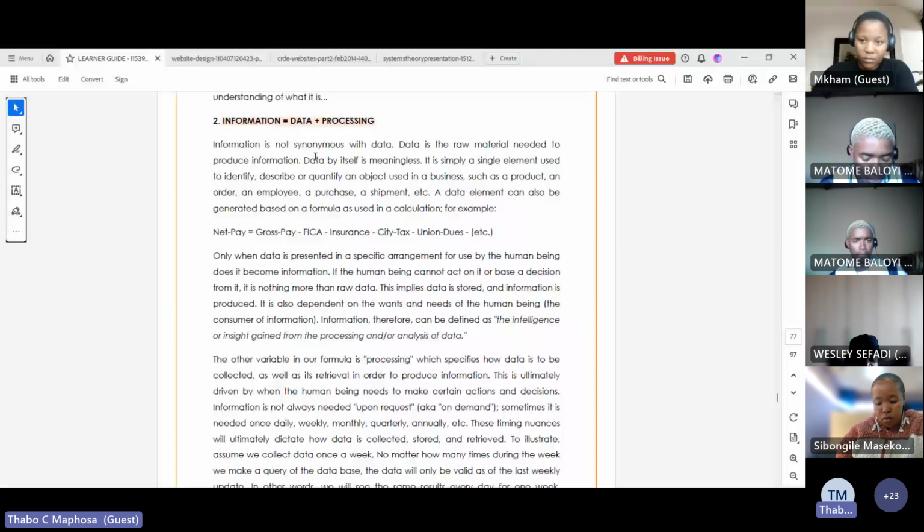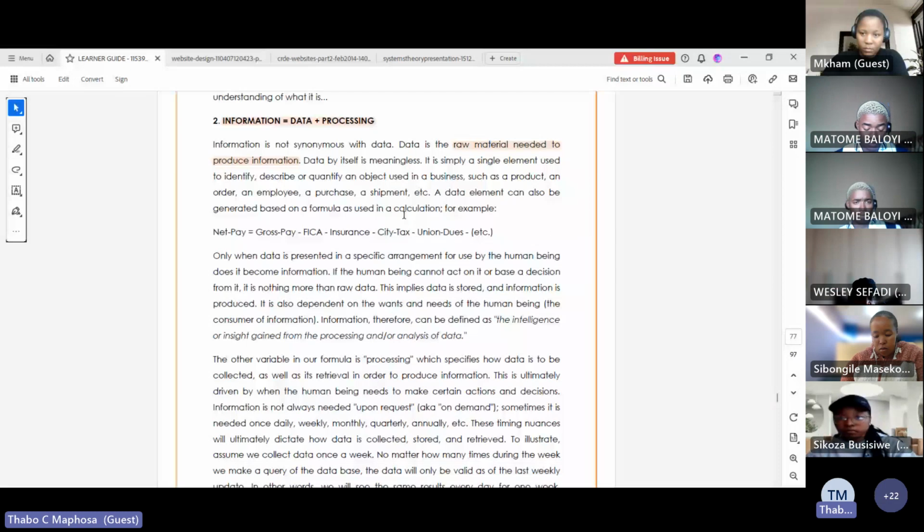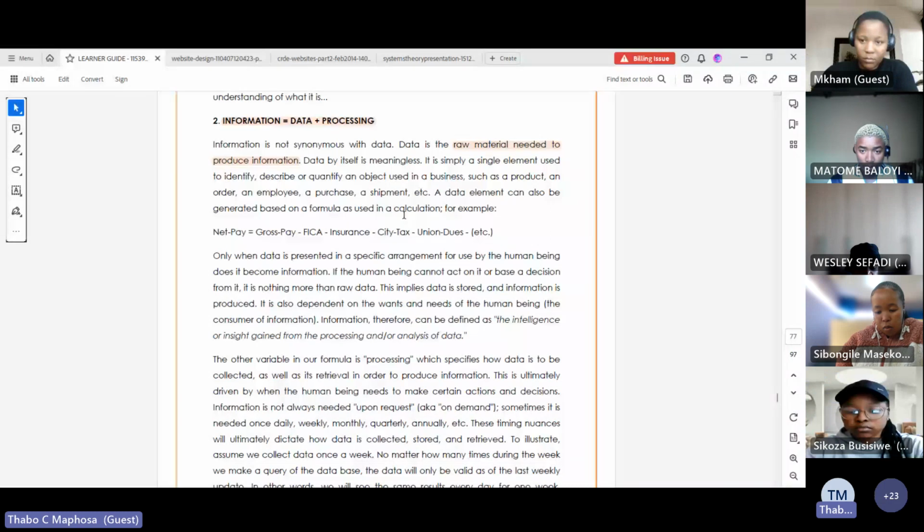When we talk about data, we're talking about the raw material that is needed to produce information. For instance, your name, your surname, your ID number. That is data, because there's nothing I can do with that by itself. But once I take your ID number, or your name and surname, and break them apart and put that information somewhere, for instance the seventh digit in your ID number indicates your gender, whether male or female,